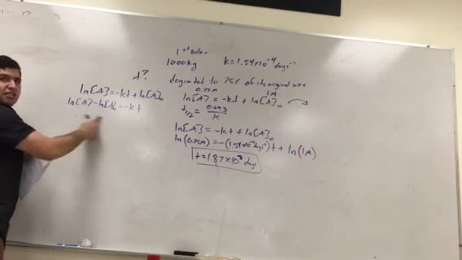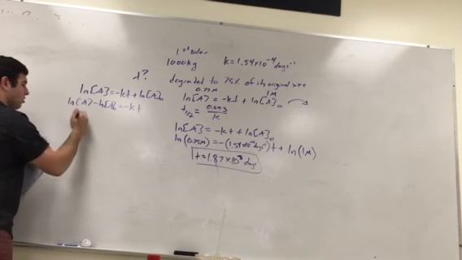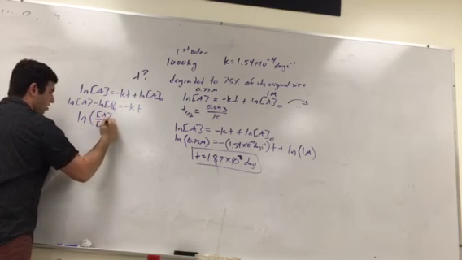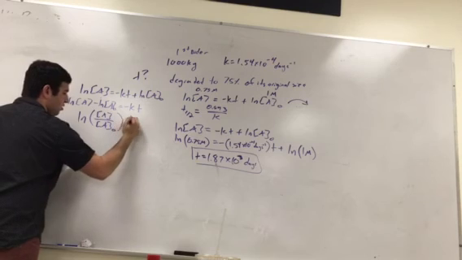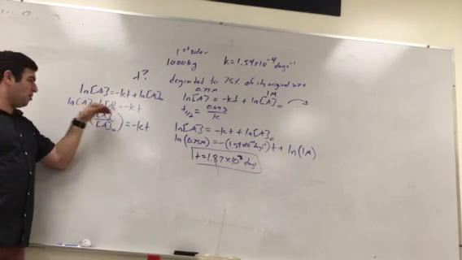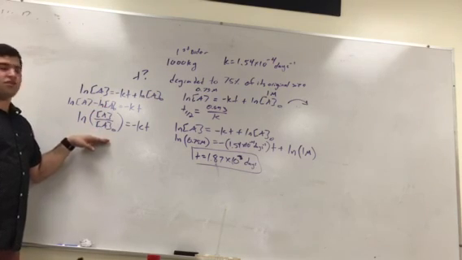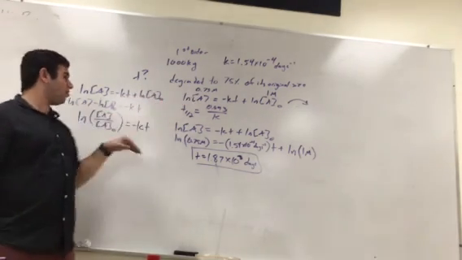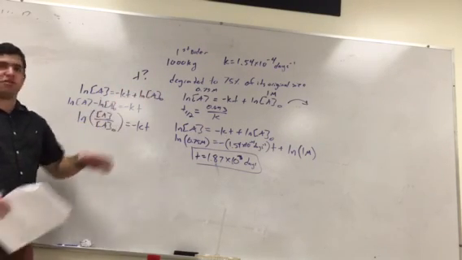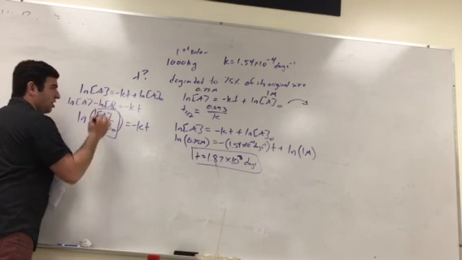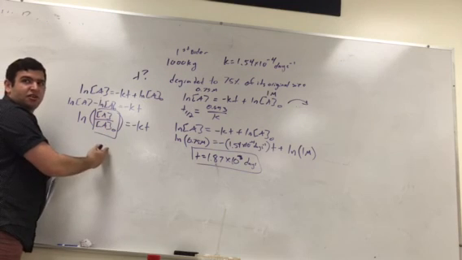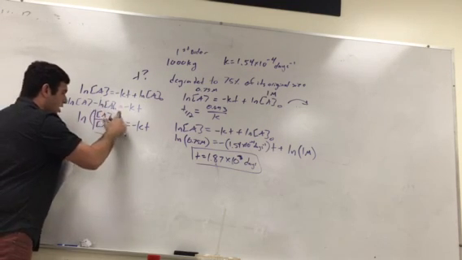If I have two things subtracting in a logarithm, what does that mean? Division, so I can go natural log of a over a naught equals negative kt. This is your final concentration divided by my original, right? So if I finally ended up with 0.75, I originally started with 1, right? So this says 75%. This is the ratio, so you can plug in 0.75 here. Does that make sense? So I don't know how he'll give you